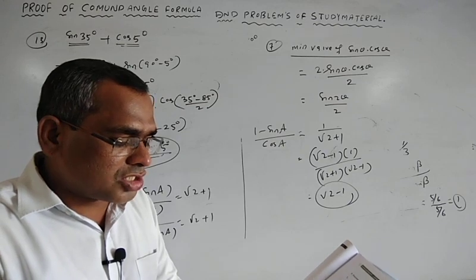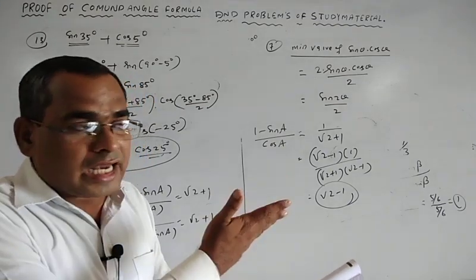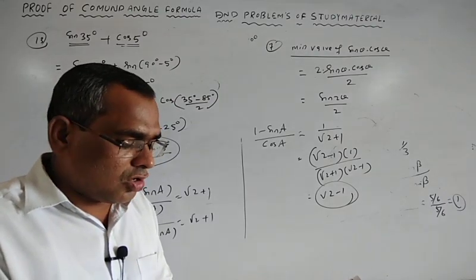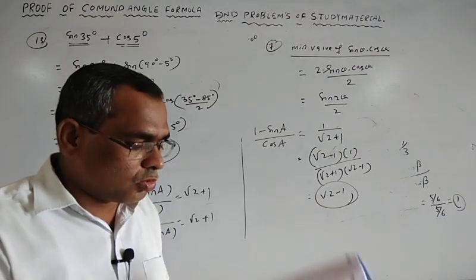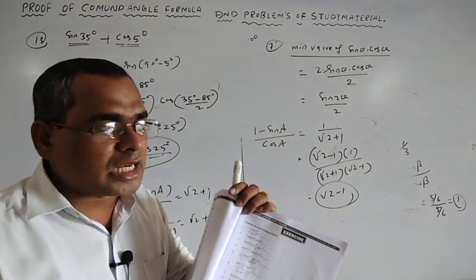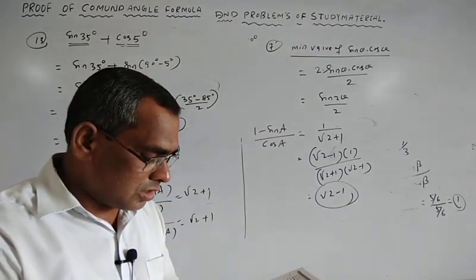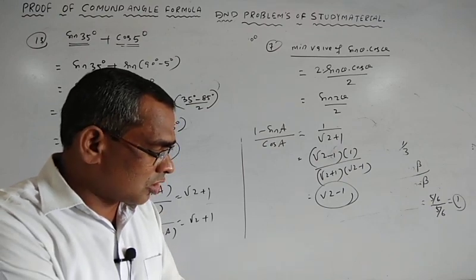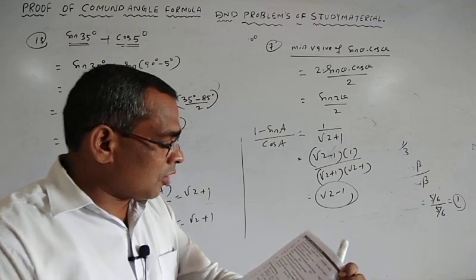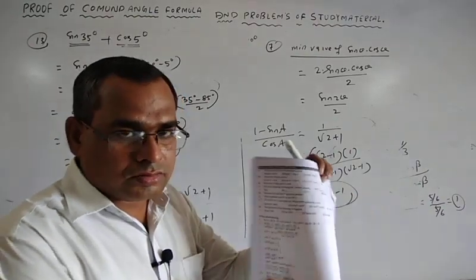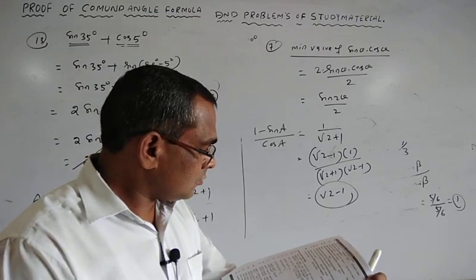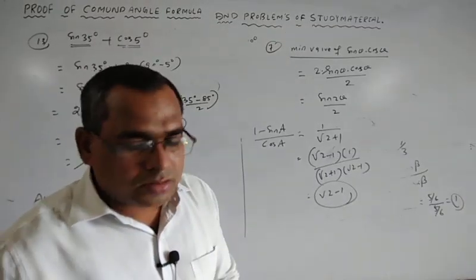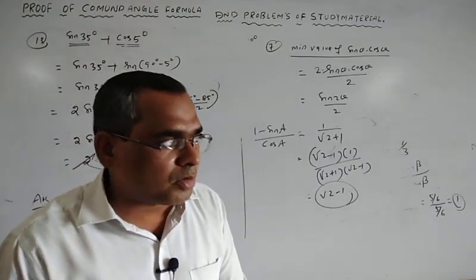Sin 3 theta plus cos 3 theta is maximum if theta is equal to dash. We will do it in the last class. Then you can do all these problems. Okay, so you can try to do the problems of this study material. In the next class we will do other problems, that is 17. In 17 we do some problems of short type. Then you can do the problems of 2 number questions. Then the second, prove that the following. So try. In the next class we do another problem. Okay, thank you.